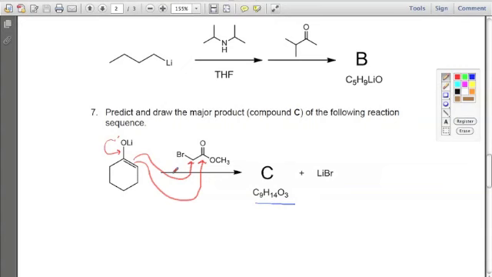Now, let's label this one A, label this one B. If you follow arrow B and it attacks, it's going to swing these electrons up, come back down, and it's going to kick this off. And alas, you're not going to have 3 oxygens in it. So let's go with A. Excuse me, don't know my alphabet. So it's going to attack this carbon position, and it's going to kick off the Br, and you're going to be left with the Li positive